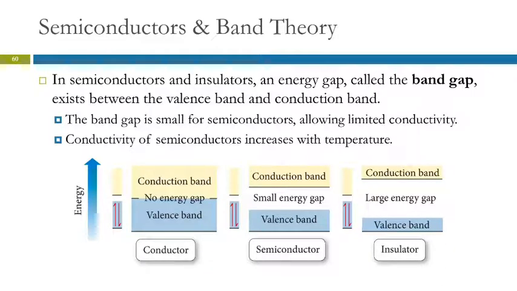The conductivity of the semiconductor is going to change based on the temperature. Because if you heat up the semiconductor, what does that do to the average kinetic energy of the electrons? It goes up. More of them are going to have enough energy to get into the conduction band. So you heat a semiconductor up, its conductivity increases. Semiconductors can be used as temperature sensors, because you can measure their conductivity and it will change when the temperature changes. And also as switches,